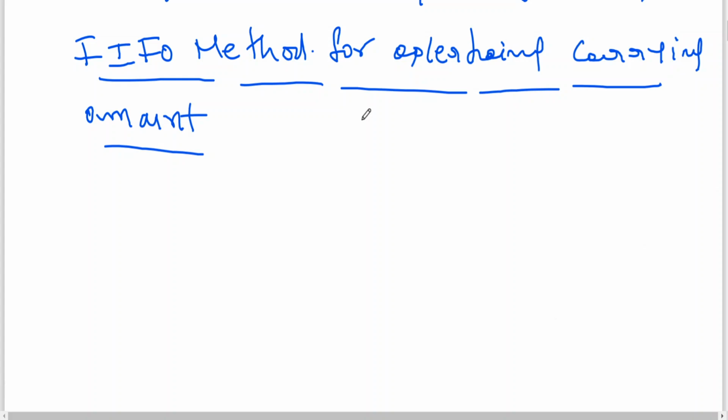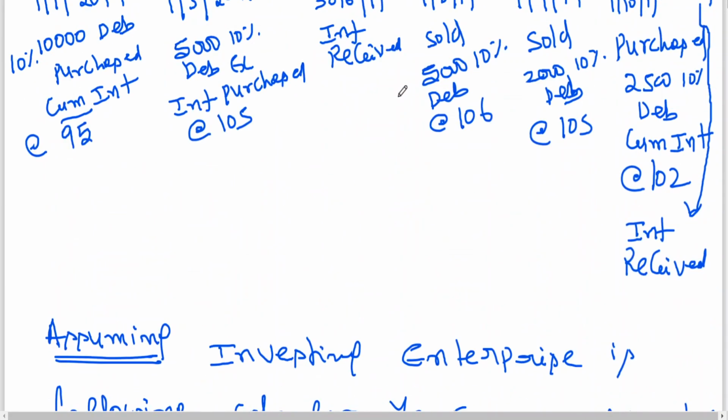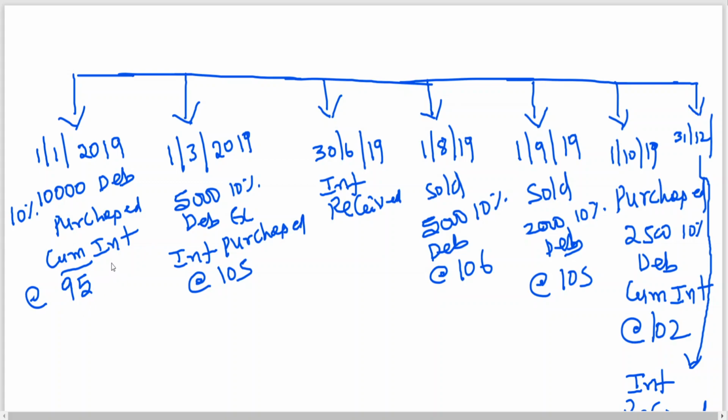Do you know what carrying amount is? The carrying amount is nothing but the closing balance. We discussed it in one of our previous classes. Is this clear? What is carrying amount? The balance to be shown in the investment account is called the carrying amount. Right. Now I think this has been cleared. Now, this cum interest purchase, ex interest purchase, interest received, sold 5,000 debentures. For you to understand better,